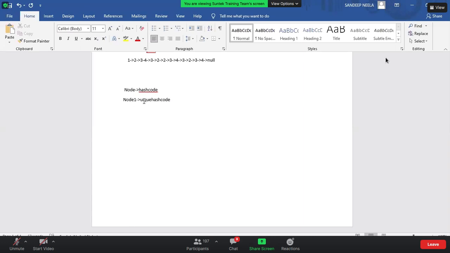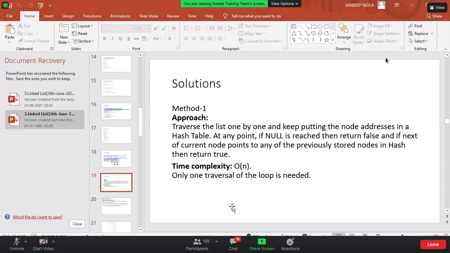Anyone know about the hash table? Hash table, hash map, the collection framework of Java, and Python also has it. Okay. Since it stores only unique elements, we can use a hash table, right? We know that it will store unique elements.